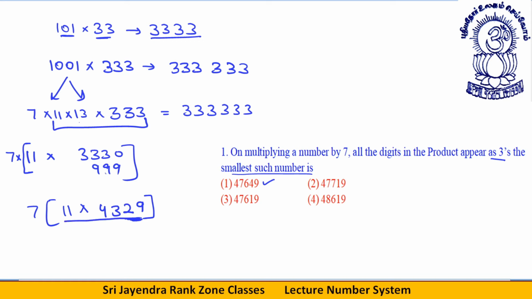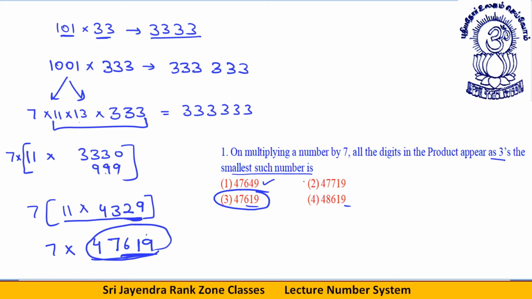Now how to multiply a number by 11? The best way is: write the last digit 9, add the last two digits to get 1 and write it, add the next two with a carry, and so on. So the last three digits are 6, 1, 9, and the number is 47619. You can directly figure out which number this is, or you can also try multiplying the options. I'm sure it must be clear to all of you, dear students.